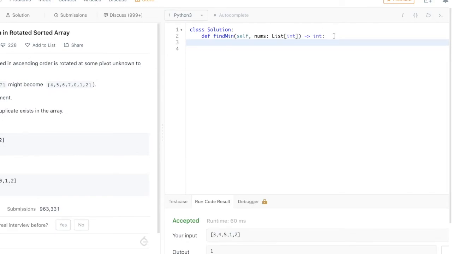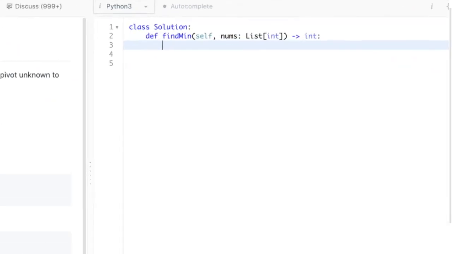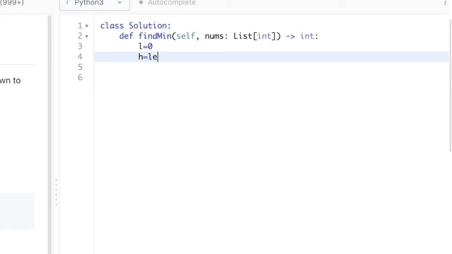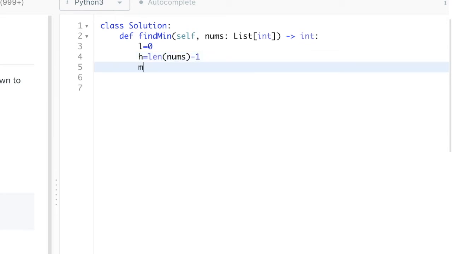So we have to take two things. The very first is low equal to 0, high equal to length of array nums minus 1. Now mid equal to 0 initially. Now what we have to do, we'll check a condition.